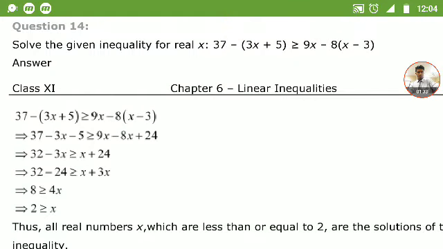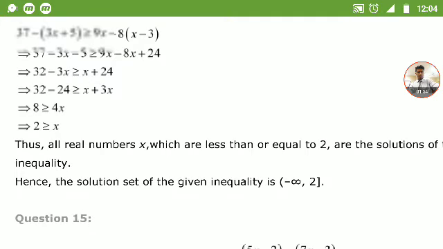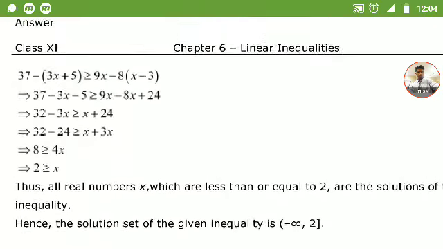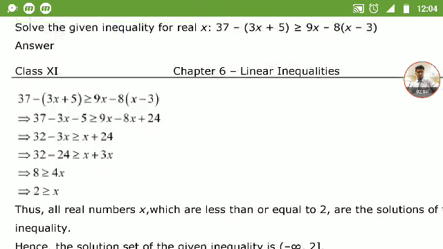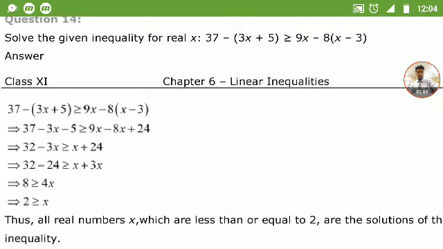You multiply the same thing and bring everything to one side, solving x terms to x and normal numbers to normal numbers, and then you get 2 is greater than or equal to x, which means x is less than or equal to 2, giving you the answer as minus infinity to 2, all real numbers within this, where 2 will be included. Why? Because 2 is greater than or equal to x, right? That was it for question number 14. Please pause the video to note it down.